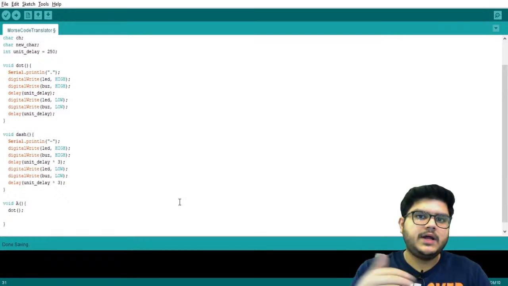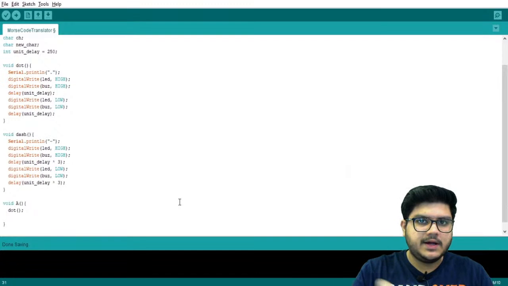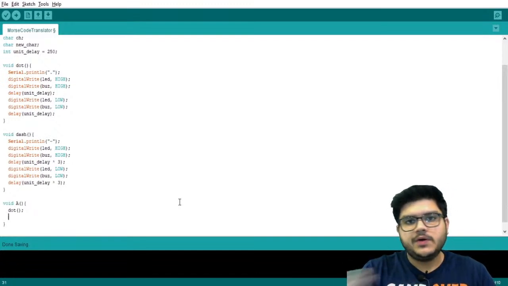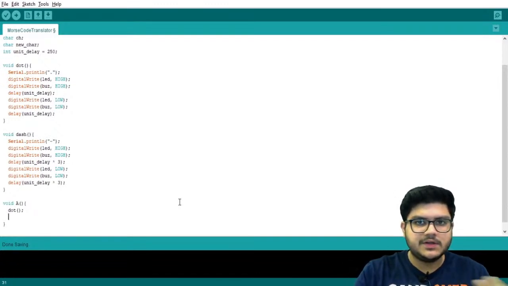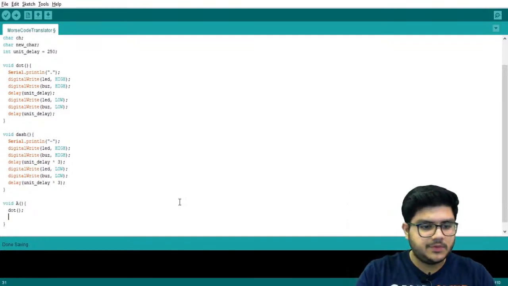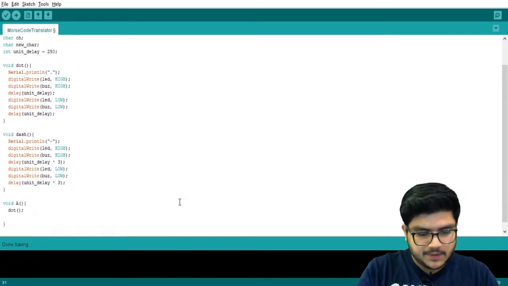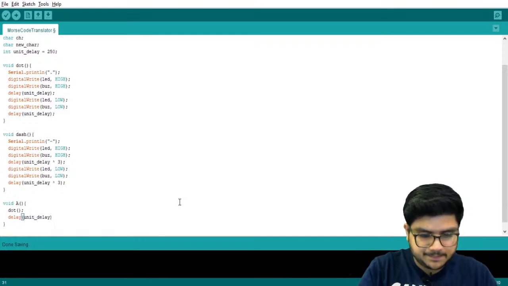Then between the dot and the dash there should be a small time delay, otherwise there is no way of making out whether these two were together or they were meant to be separate. So dot, and then a delay of unit underscore delay,